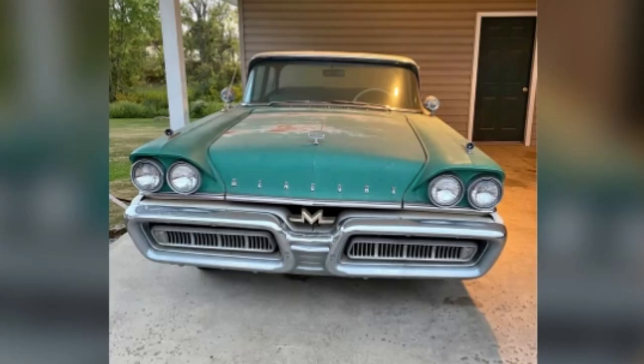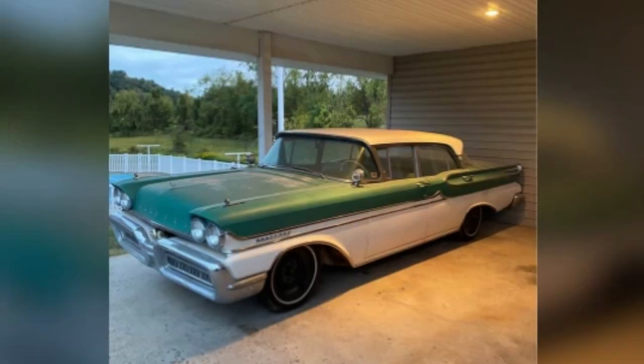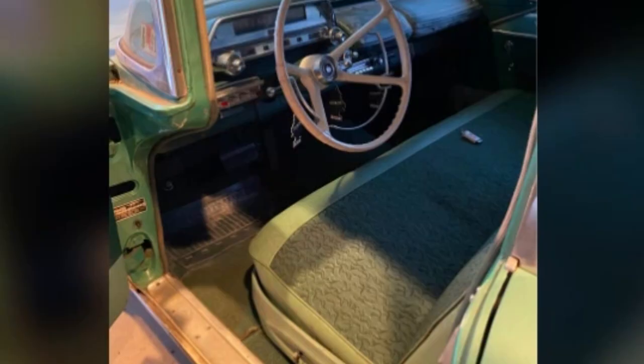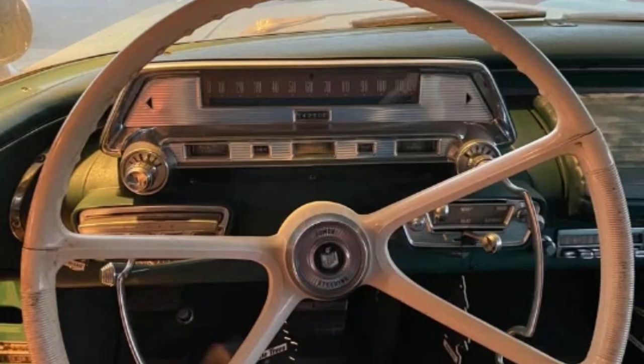While the car was running when it was first parked, it is currently not in driving condition and will require towing. The seller notes that the engine is loose, indicating it is not seized, but the fuel system, brakes, and other essentials will need to be gone through before the car can be made roadworthy again. This mechanical status makes it an ideal candidate for someone looking to revive a classic without having to start from